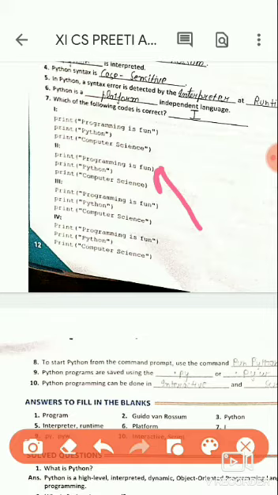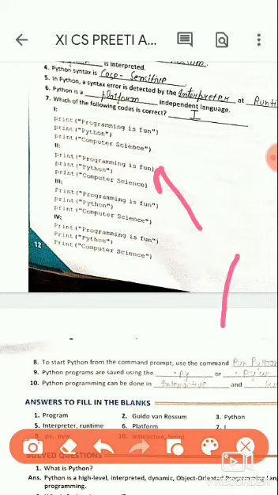Right, so why is the third one wrong? Print spelling is okay, and why is the fourth one wrong? So each and every statement we have to check. When we see all the four options, the second option is incorrect and the rest of the three options are correct. So maybe the question will be which of the following codes is incorrect or is not correct.